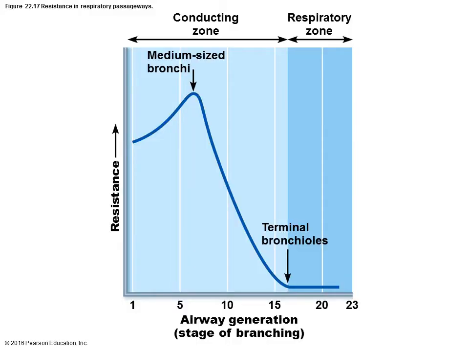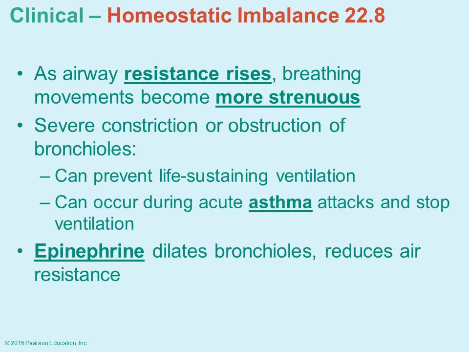When you reach down to the terminal bronchioles near the alveoli sacs, you have very little resistance. Part of the reason is you have so much branching that occurs. It's kind of like you're spreading all that air out. And now the air is going to move by diffusion. So this is what I was talking about with an asthmatic, or even someone who is exercising strenuously. The resistance is going to increase, therefore that's going to have an effect on the amount of airflow, and once